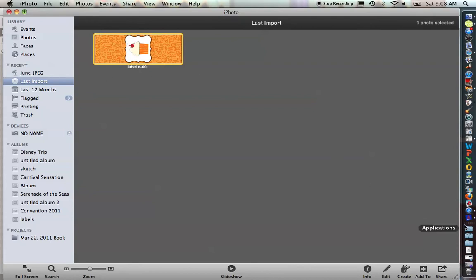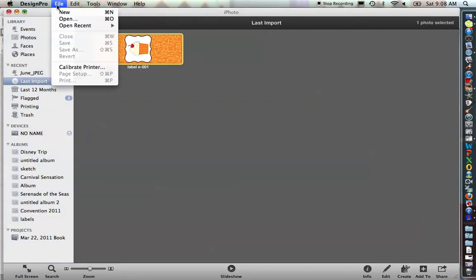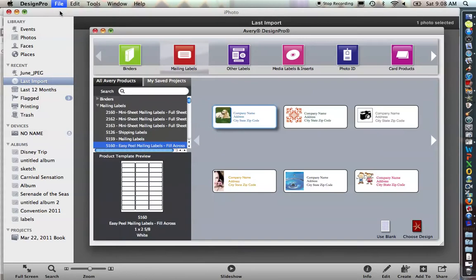What I use is the Avery Design Pro. This is a free download that you can get from Avery's website, which is www.avery.com templates. And I'm going to start a new design. So this is what the screen looks like when you bring it up. And of course I'm doing mailing labels. And what I want to choose